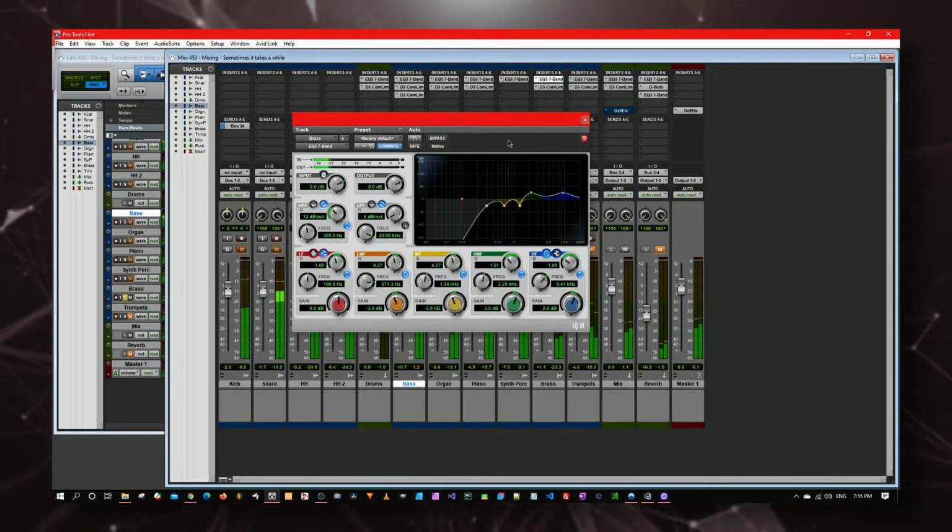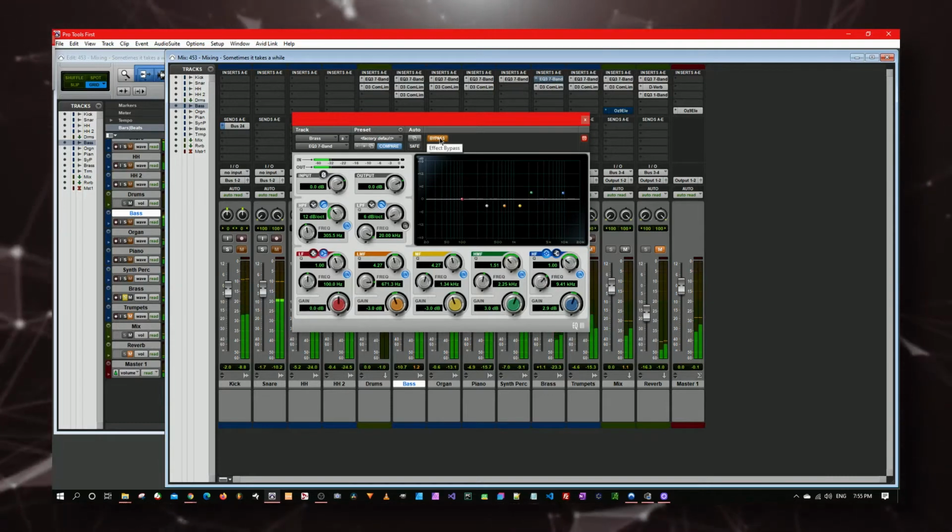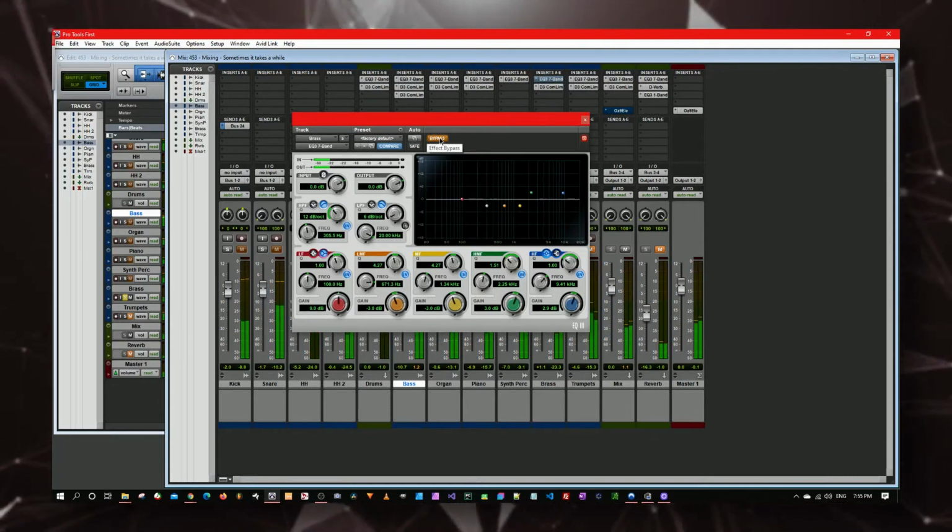So next up, we have the brass. The brass is something that I can really show you when I say try to clean up the low end so that we have the bass and the kick to shine, or leave the bass and the kick to shine. And this is a good example of it. Let's listen to the brass. Same thing here. I just removed the low end, I applied 2 cuts and 2 boosts to bring up the frequencies that I liked in the brass. But if we listen to this in the context of the track,